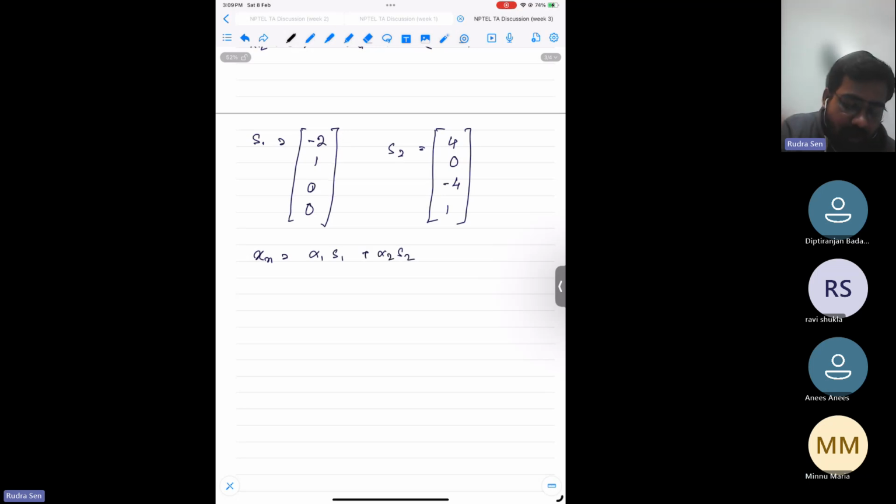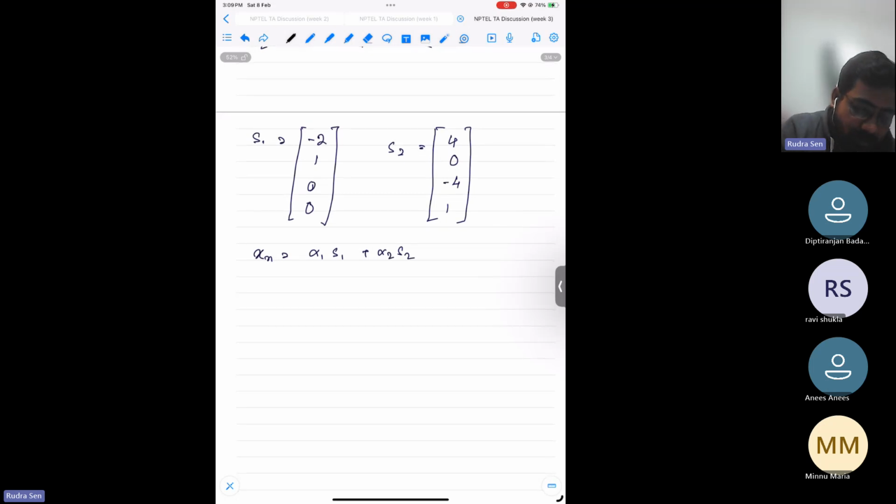So all the null space is spanned by these two vectors, s1 and s2. You have to find the linear combination of these two vectors, which is basically the solution of the null space. Okay, now x equals xp plus xn. So what is xp? So xp is basically